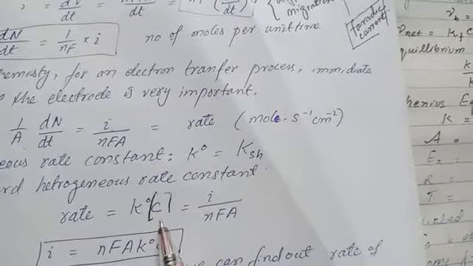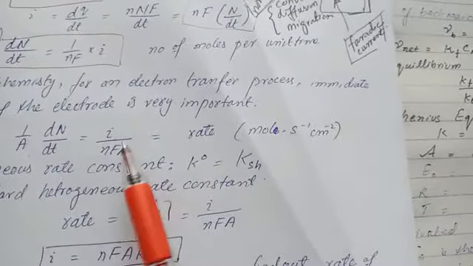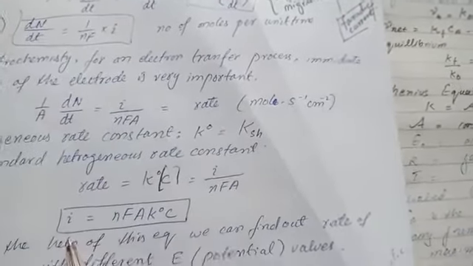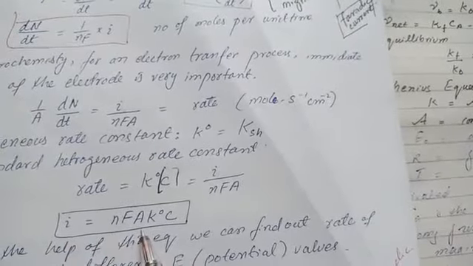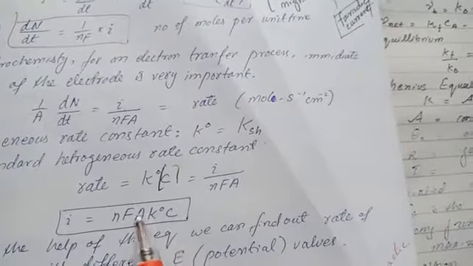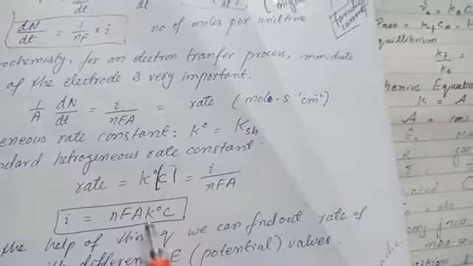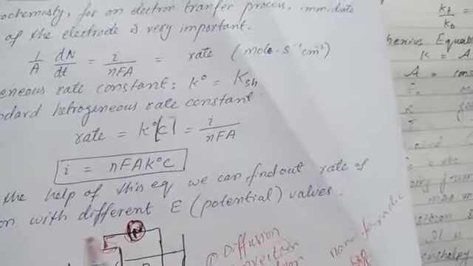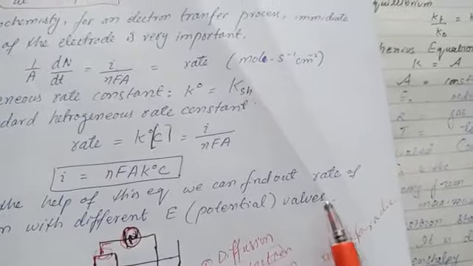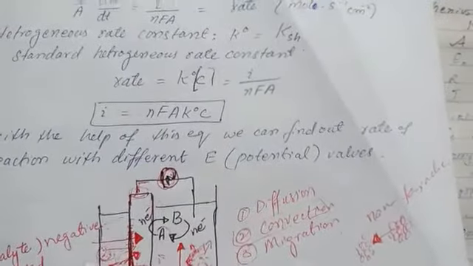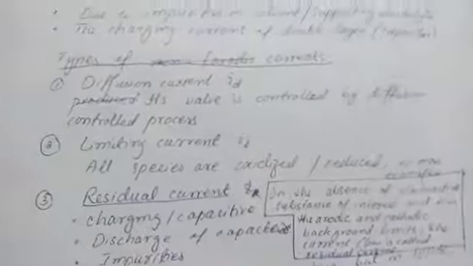By putting the value of rate, that is current over nFA, we get the equation I equals nFAk0C. Here C is the concentration of analyte, A is the surface area of the electrode, and k0 is the heterogeneous rate constant. With the help of this equation we can find the rate of reaction at different potential values. This current is produced at the surface of the electrode due to the heterogeneous electron transfer process. So experimentally